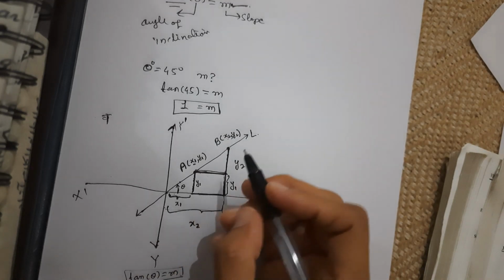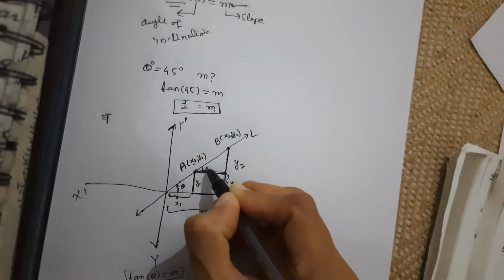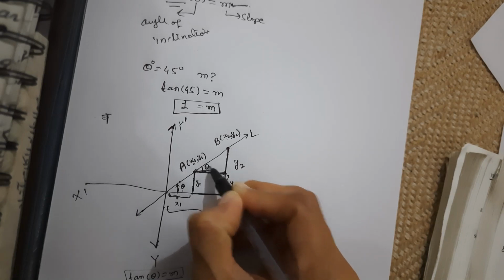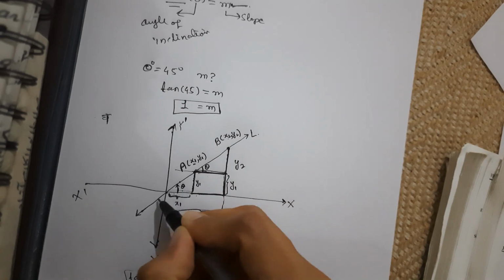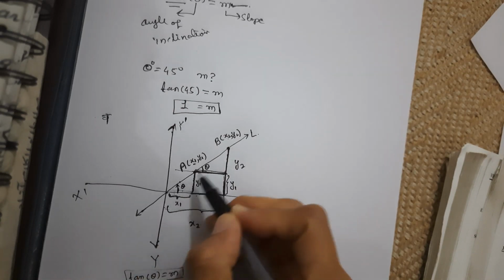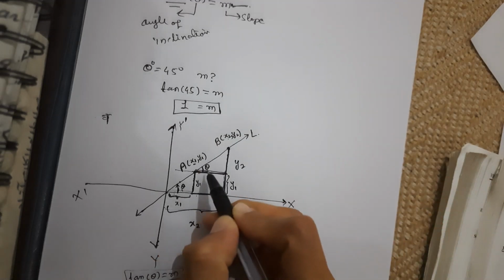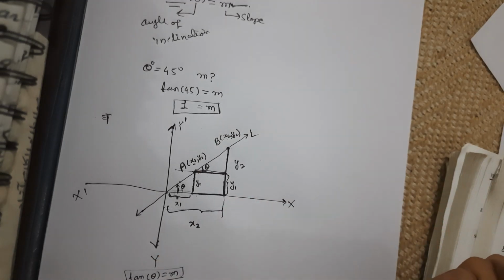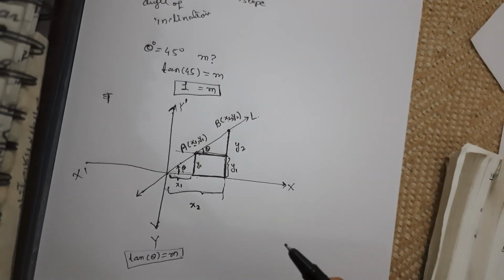So now if this angle is theta, I am considering this angle as theta, then automatically this becomes theta. Why? Because these two are parallel lines and a line is cutting them, so this becomes an alternate angle. So these two angles are equal, right? Okay. So now you know that